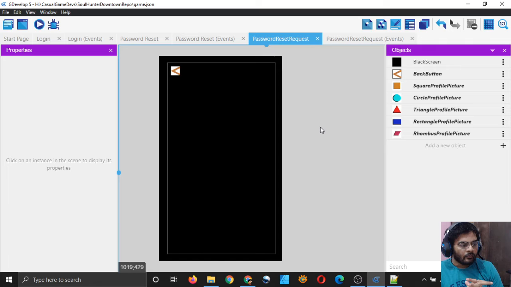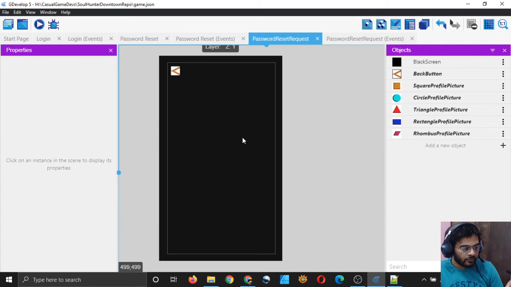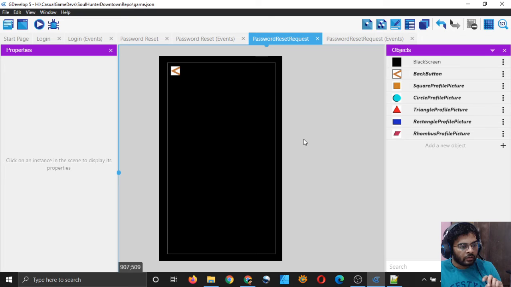But before we do that we have to put a few things here, and those things are: one, we need a text field to show the user the message from the server which the server has sent, whether the password was reset or whether the server encountered an error. And by default we will just assume that error occurred, so we will do that. And we also need a button which will take us back to the login screen, so that after resetting the password the user can again try to log in, right? So we need two texts.